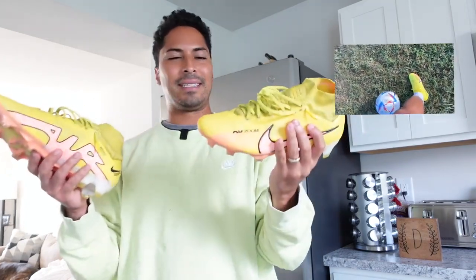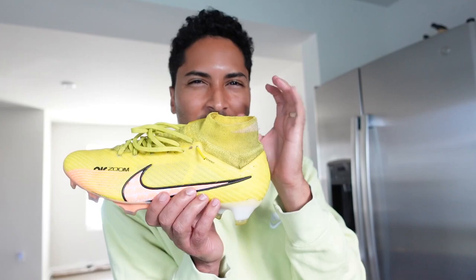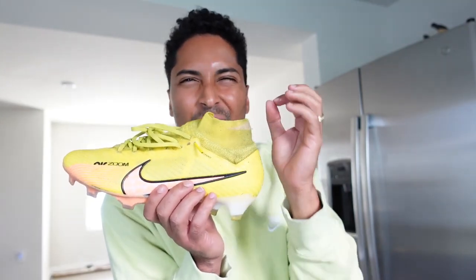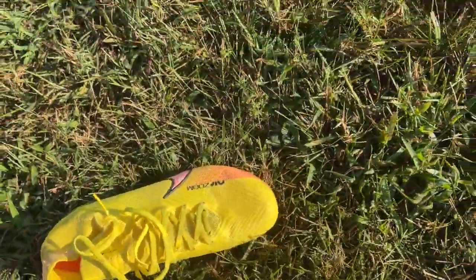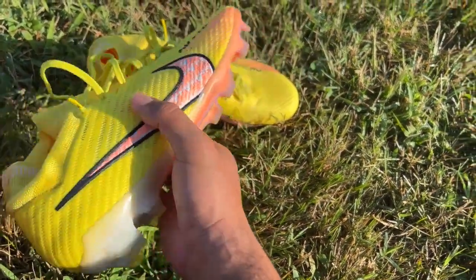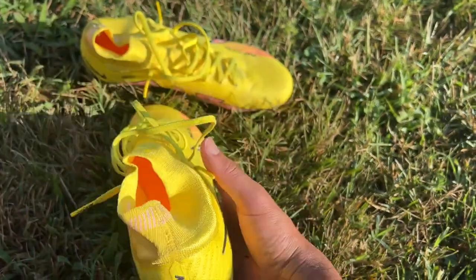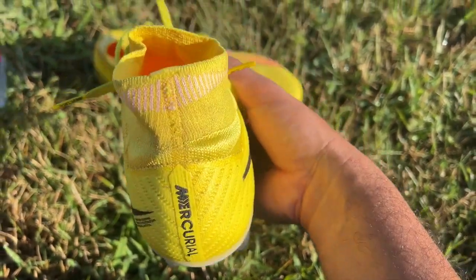So I'm super happy with these cleats. I would literally give them a 9.5 out of 10. There's always something to fix. The only negative that came to mind for me is potentially still the sock. I feel like there's something they can touch on just a little bit more to make it perfect, because you always do feel it, especially when you put on your cleats for the first 5 minutes, like I was saying, and then it goes away. So I feel like there's something they can do with this sock to get rid of that sensation and still give you that performance that makes you feel grounded with the cleat. And I know it's going to be tricky, obviously, but I feel like they're really close to making the sock